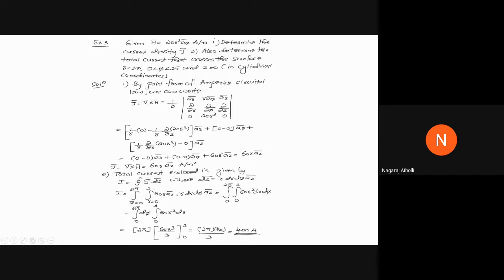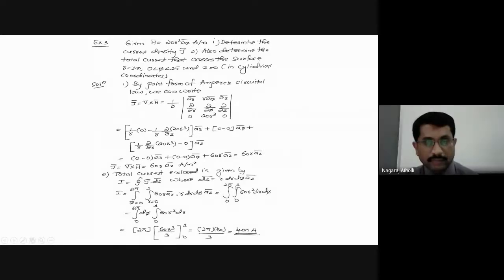This is in the cylindrical coordinate system. In the cylindrical coordinate system, the axis of the cylinder is in which direction? Z direction. Right? So as it is in the Z direction, the perpendicular direction is Z. Therefore, the other coordinates will be dr and r dphi. This we have studied in module 1.